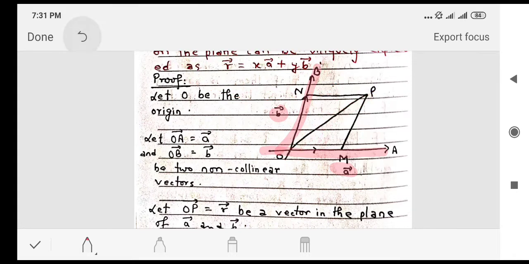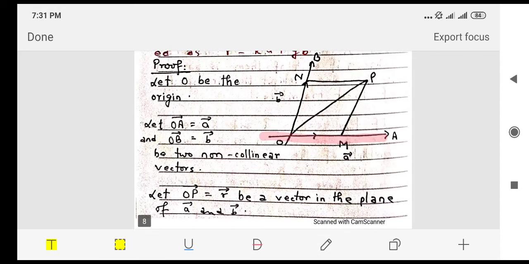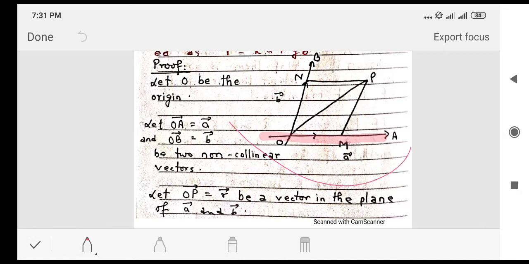Okay, so its proof is also given to us. If you need, you can write it down. Let's discuss its proof as well. First of all, you need to draw the figure as I have drawn over here. Please pause the video and draw this figure. And there are some suppositions that we have to assume to prove this. So let us start.